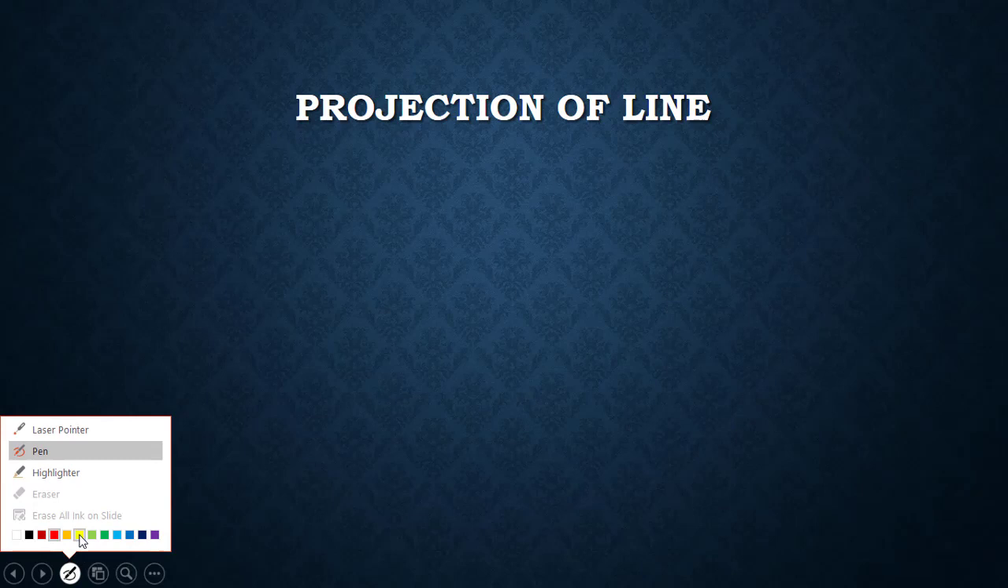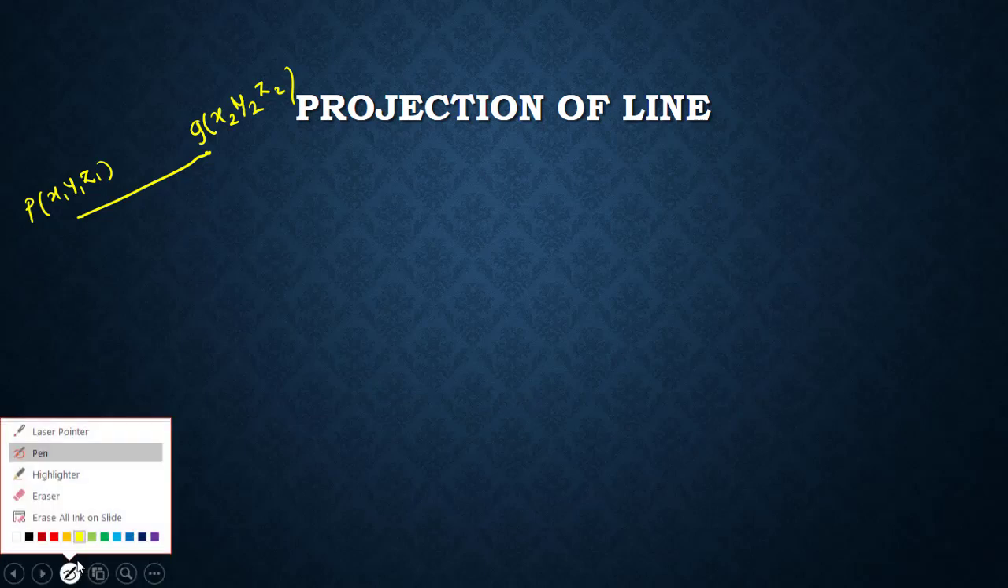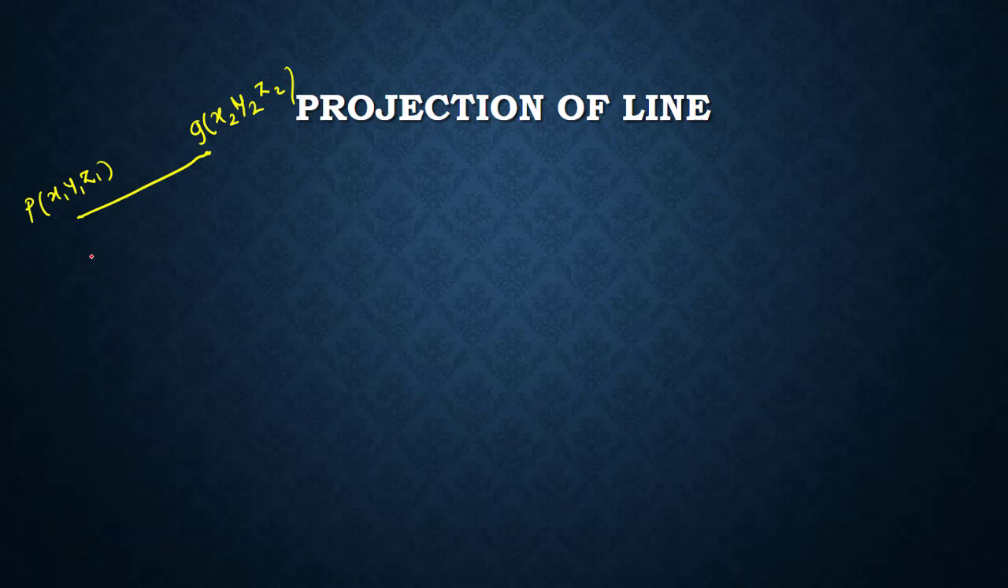Suppose we have a line segment PQ, with P (x1, y1, z1) and Q (x2, y2, z2). Now I want to find the projection of this line segment PQ on another line. What does projection mean? Projection means it is a perpendicular image. So suppose there is another line,